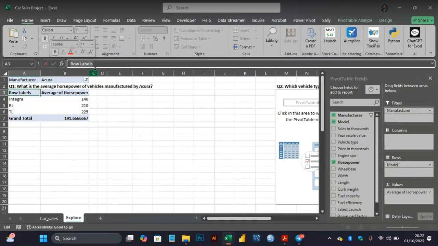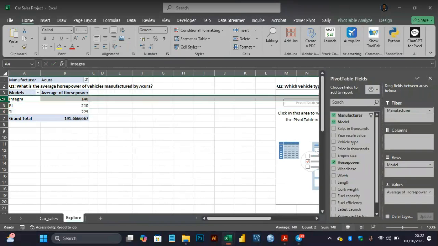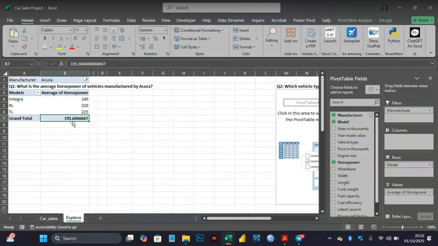Here we are going to rename the column label. It is stamped row labels by default, so here we're going to change it to models. These are the models, the cars produced by Acura, and their average horsepower has a grand total of